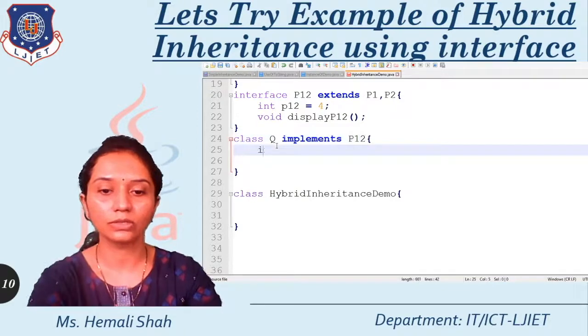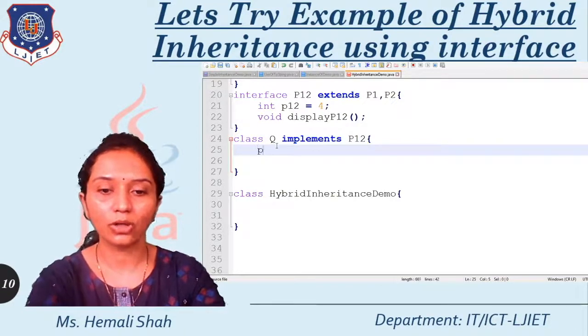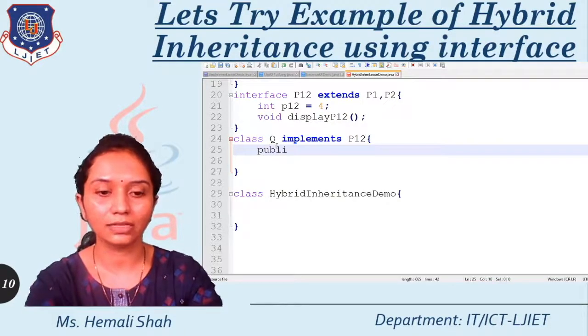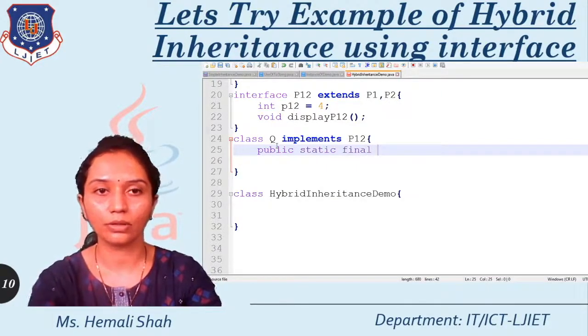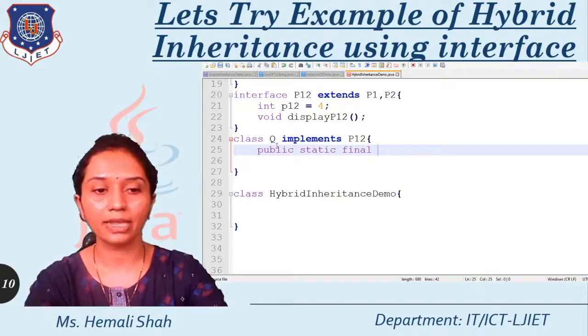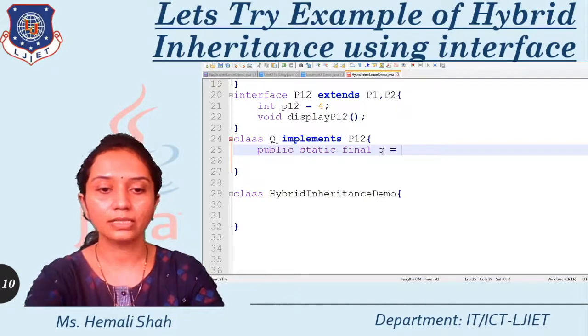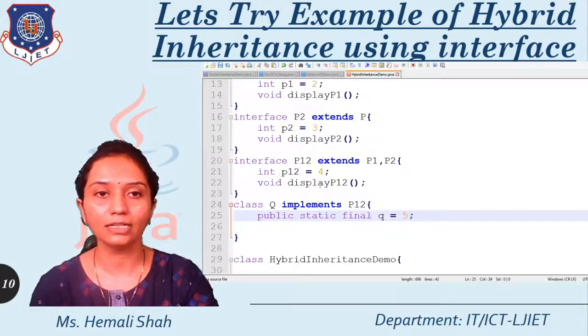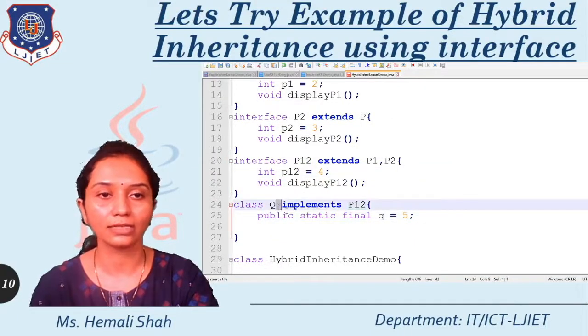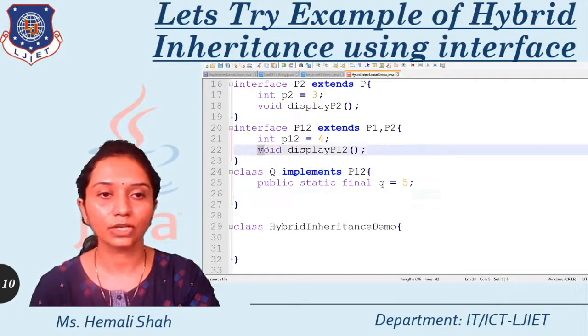I am making one constant in this. To make this constant, you have to use the keywords like this: public, static is optional, final is the keyword to make a variable a constant. So here I am making this Q, and I am giving it the value 5. Right? This Q is final, that means a constant in the Q class, and I am making one function that display.